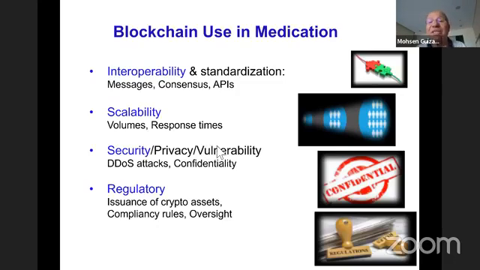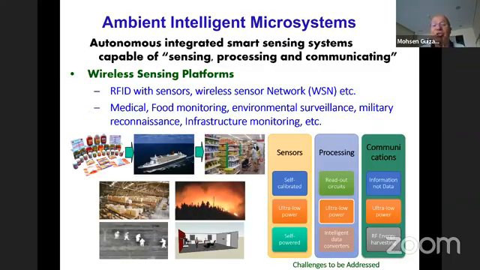where autonomous integrated smart sensing can be used, wireless sensing platforms such as RFID with sensors and wireless sensor networks, applied to medical, food monitoring, environmental surveillance, reconnaissance, and infrastructure monitoring. As you can see in all of these applications, the challenges are listed on the right hand side, lower here, in terms of self-calibrated, ultra-low power, self-powered, and processing,